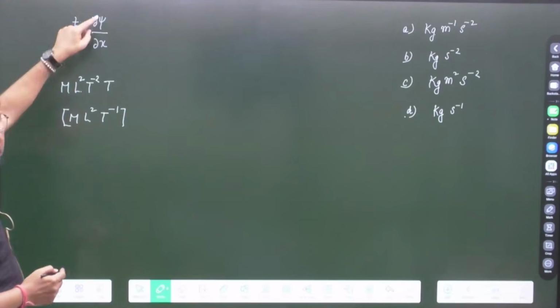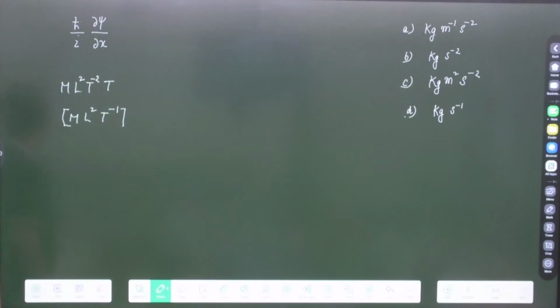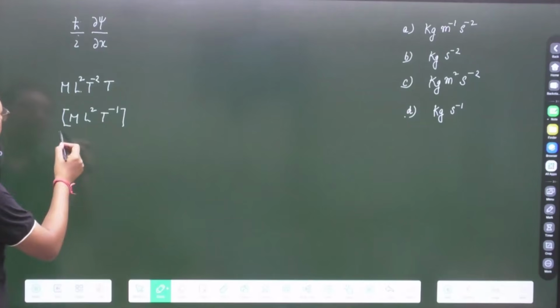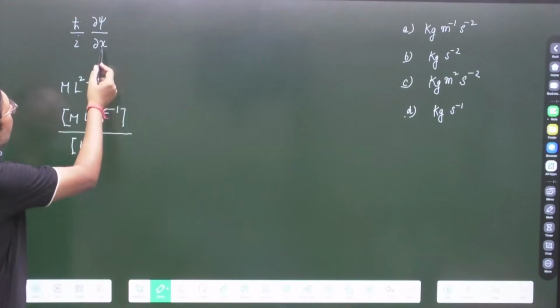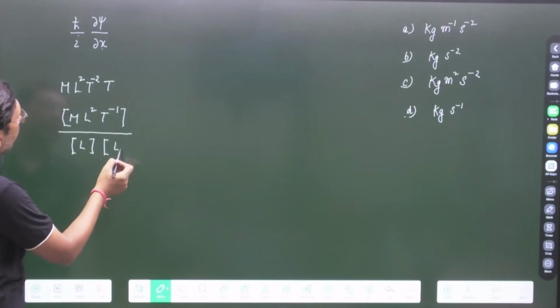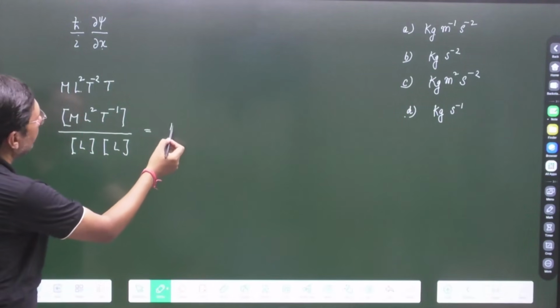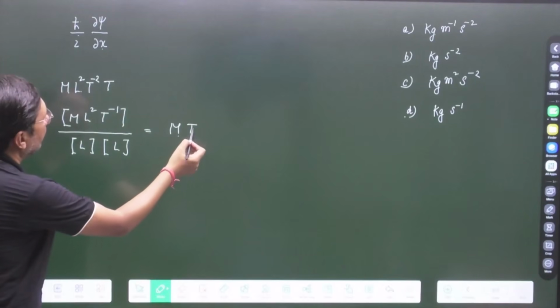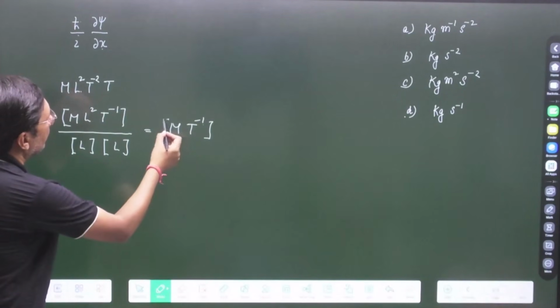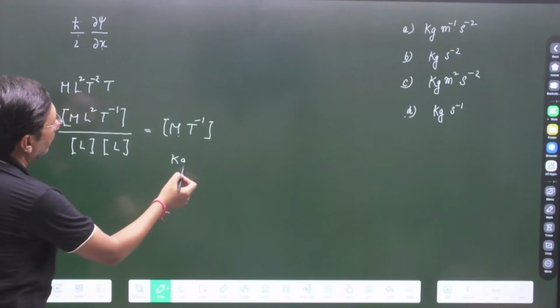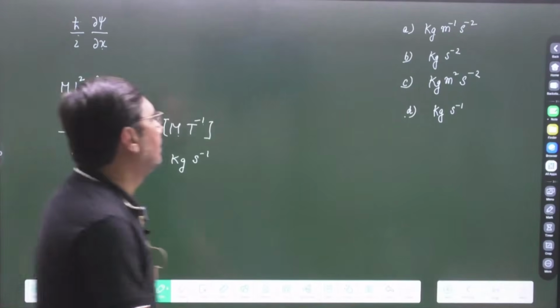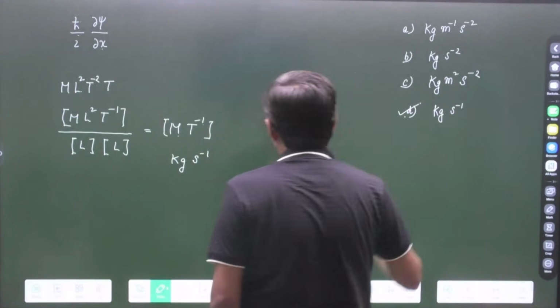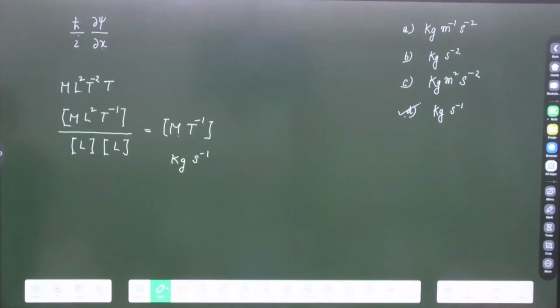इस psi का भी कितना calculate किया, 1 by length, so it will be divided by length. This length is here, so this will be kilogram, MT minus 1. So ये कितना हुआ बेटा, किलोग्राम सेकेंड माइनस 1. So option D. ऑप्शन D right. नेक्स्ट क्वेश्चन. हाँ जी,